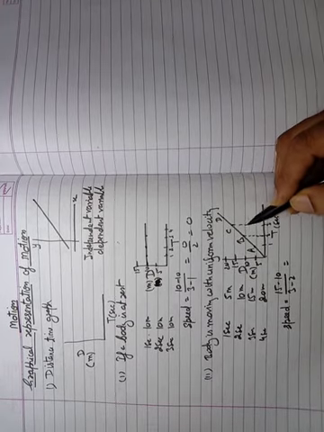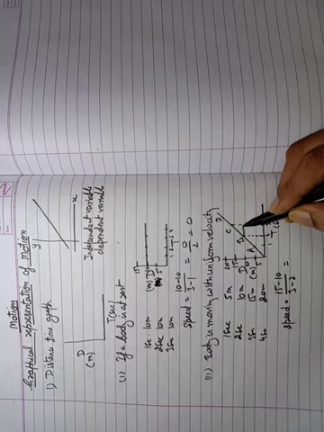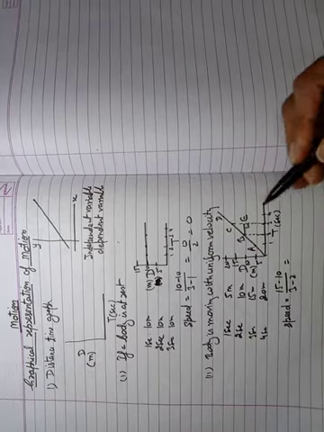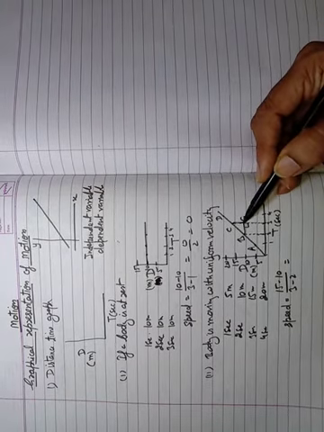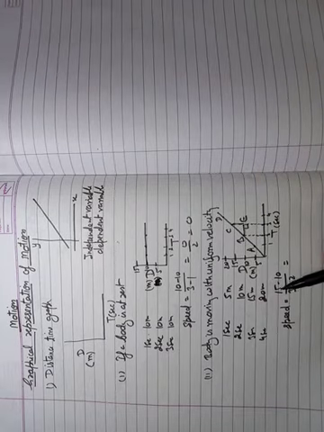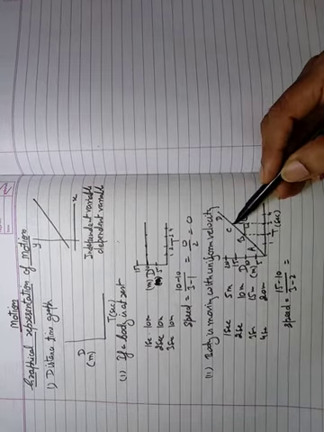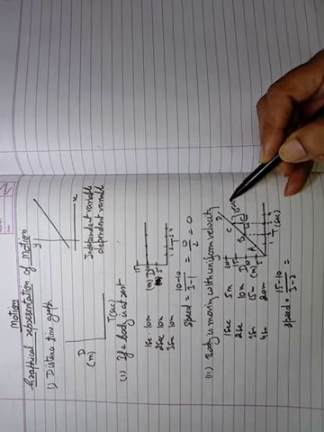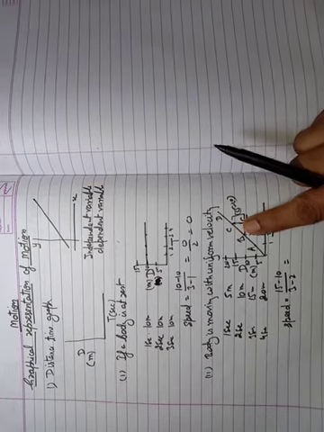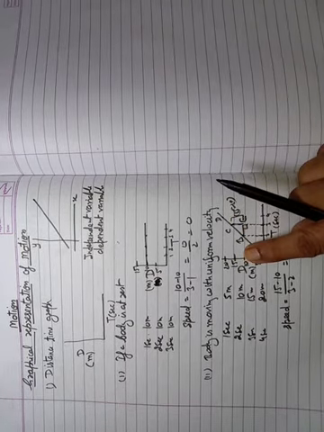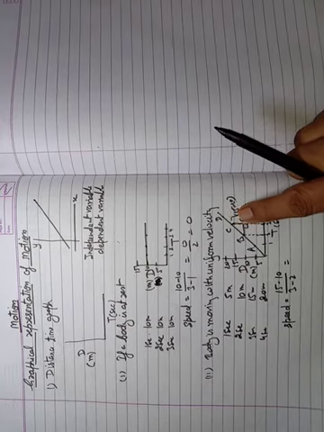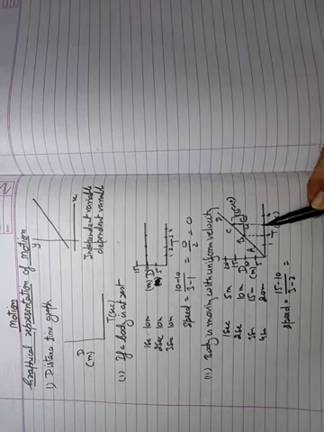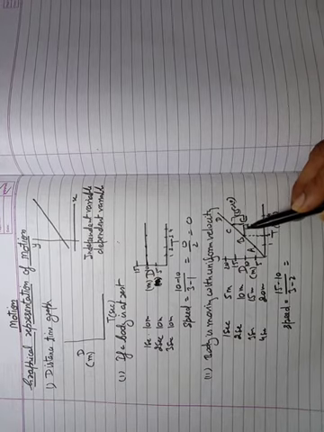If we draw perpendiculars from here and also from this point, and suppose we represent it with the point E, this is the length which is equal to 15 minus 10. Look here. This was 15, from here to here, and this is 10, from here to here. So this is the length, 15 minus 10. I told you the distance covered by him from B to C is 15 minus 10. And the time taken from B to C is this length.